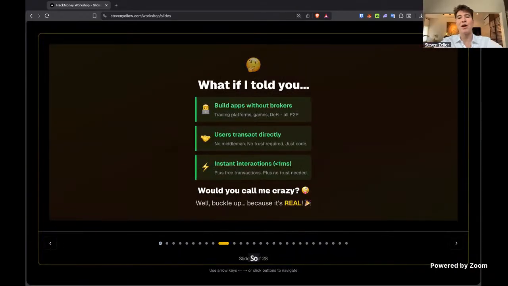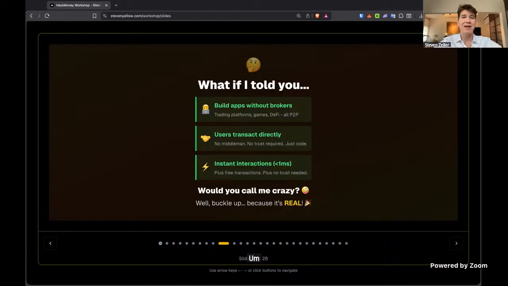So Yellow Network helps you build apps without brokers, without a central third party, a middleman. A broker is a middleman who you give your money to in order to then interact with someone else, your other player or the person you're trading with.